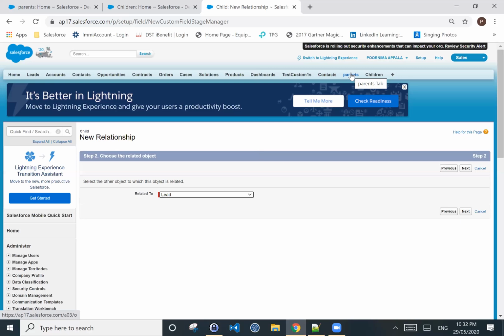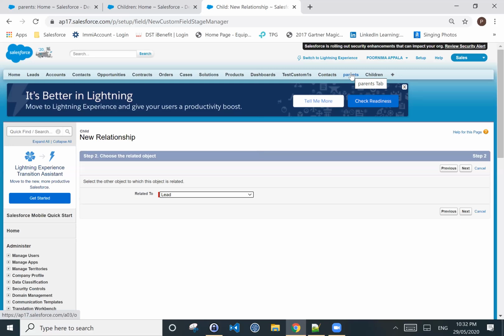The maximum limit of master relationship is 2. So let's say you have created the second master relationship as well. That means you have 2 master relationships. Now 40 minus 2 is 38.